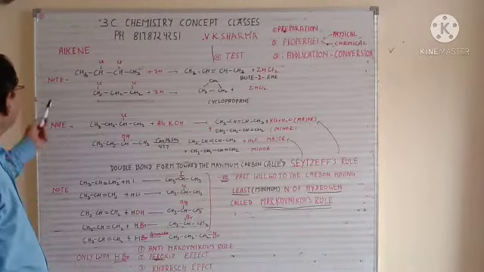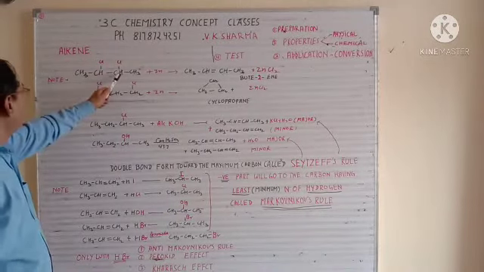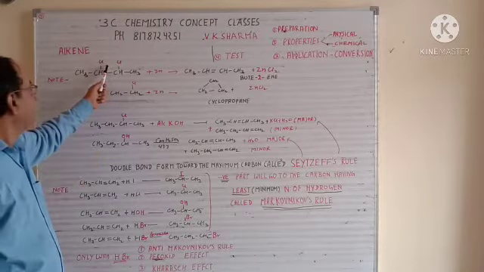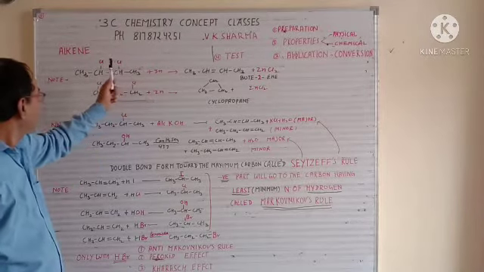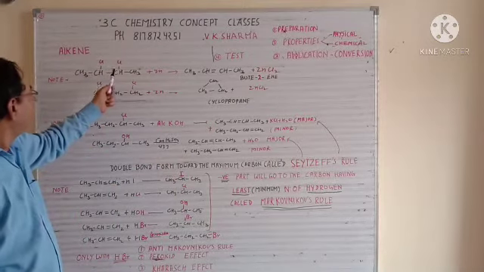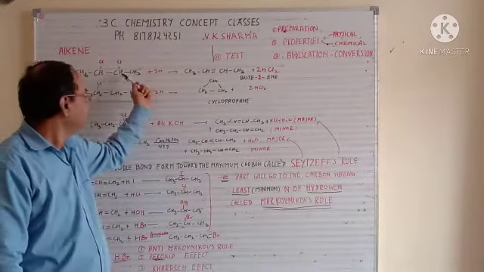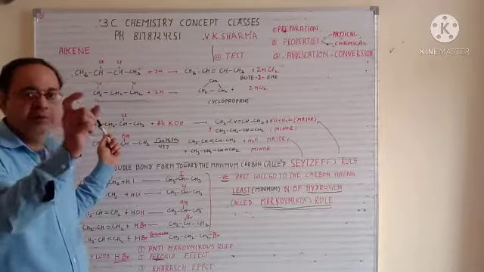Now friends, we have certain notes in alkene. Note first: suppose we have two vicinal halogens in the middle. Just keep in mind that the double bond will always be formed between the two halogens, not anywhere else. So in this case, suppose you are adding Zn. See carefully, that will give you a double bond in the middle position. Here the halogens are on the second and third carbon, so your double bond will be formed at the second and third carbon. So 2,3 dichlorobutane plus zinc will give you 2 butene plus ZnCl2. Just keep in mind that the double bond will be formed only between the two halogens.